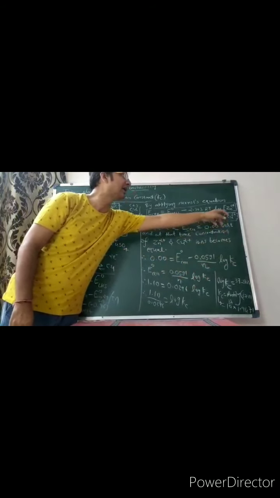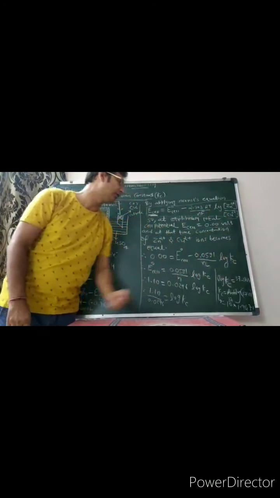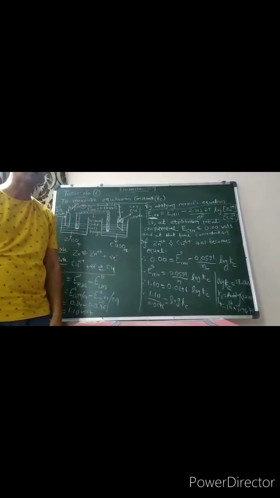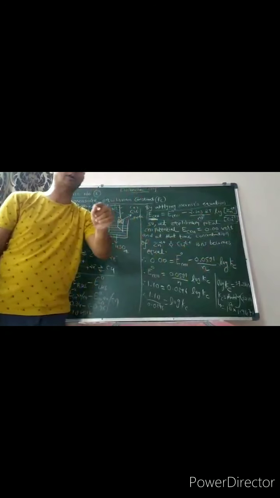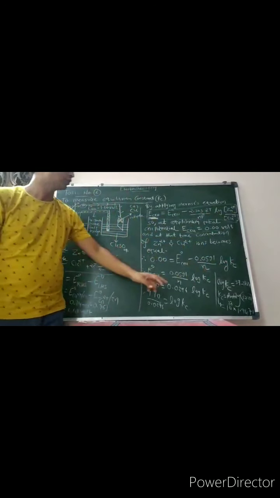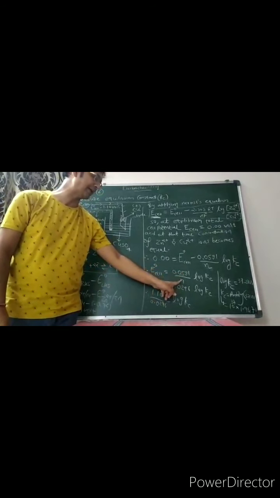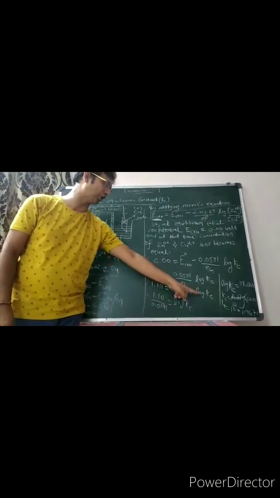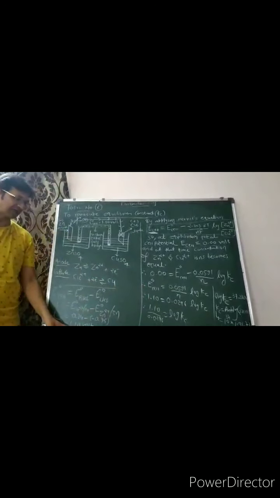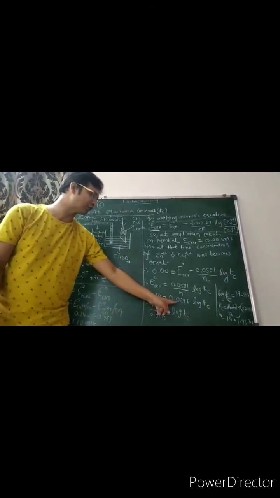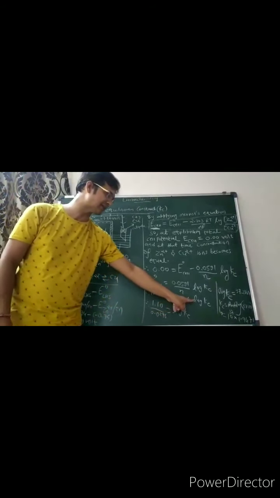Now Kc is the concentration of Zn2+ divided by the concentration of Cu2+ ion. How many electrons are transferred from the solution? The charge of the ion becomes the number of electrons transferred, which is 2. So here I am putting 2. Due to that, 0.0591 by 2 is 0.0296 into log Kc. What is the value of E0 cell? We calculated that E0 cell is 1.10 volt. So we substitute this value: 1.10 is equal to 0.0296 into log Kc.